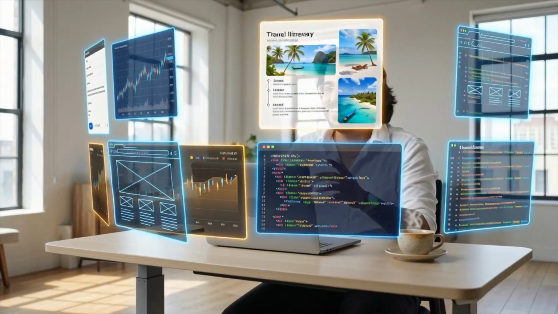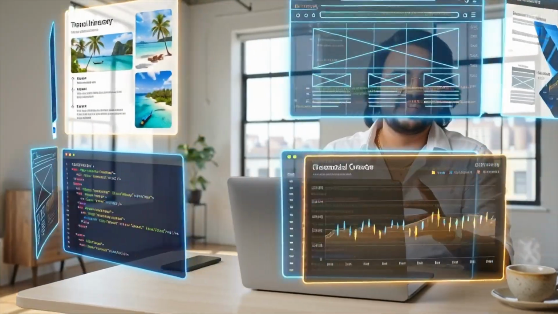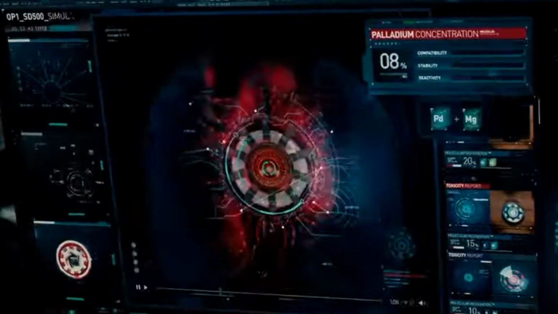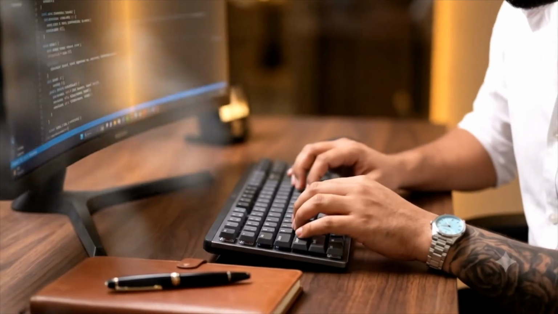Imagine having someone who can write your emails, explain difficult subjects, build websites, plan your vacation, manage your finance, write code, build websites, create images, and even become a personal assistant like Jarvis. What if I told you less than 10% of the people using ChatGPT use it to the extent of what it actually can do? Today, I'll show you everything you need to know, how to sign in and how to become a professional